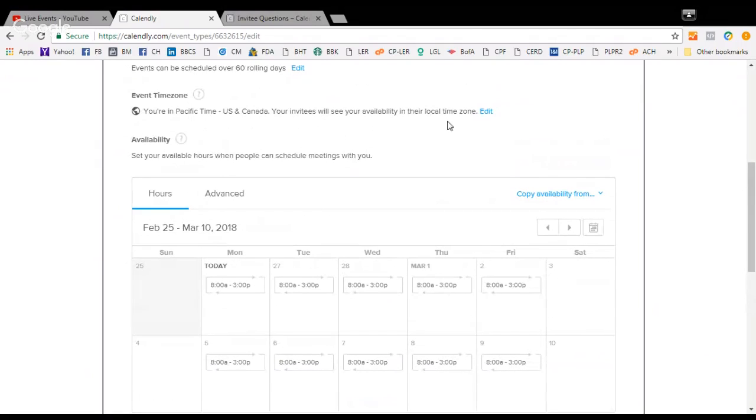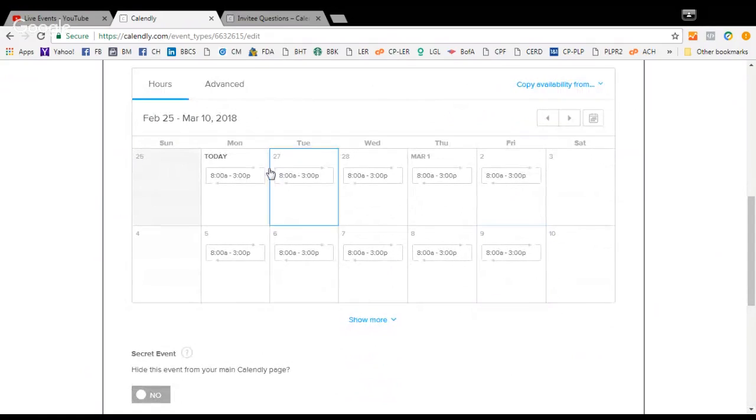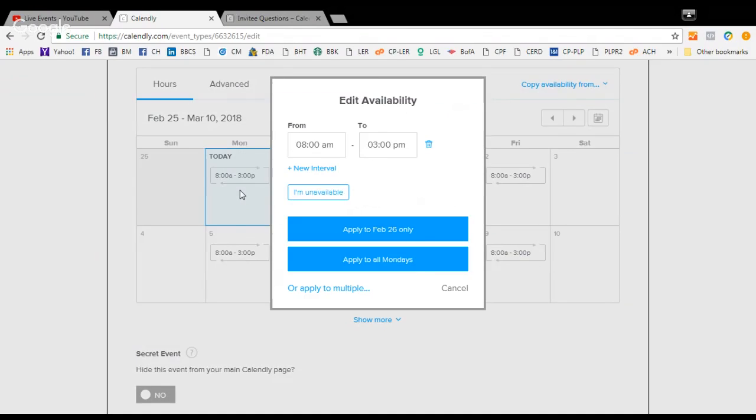So your availability, here's our times, our hours, and you can put in different hours. The ones we decided to start with were Monday through Friday from 8 to 3. You can edit those anytime. So let's say that we wanted to make a provision for a lunch hour. Then we could say, and I'm not going to change this, but I'll show you how to do it. You could say 8 to 12, and then you could add a new interval,